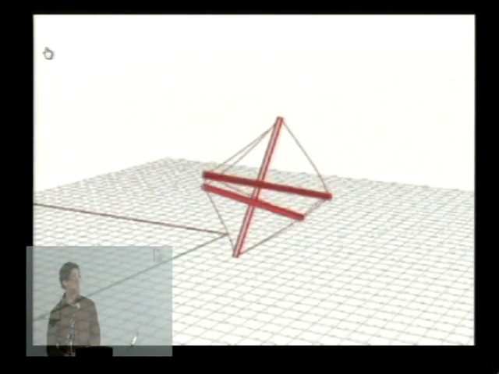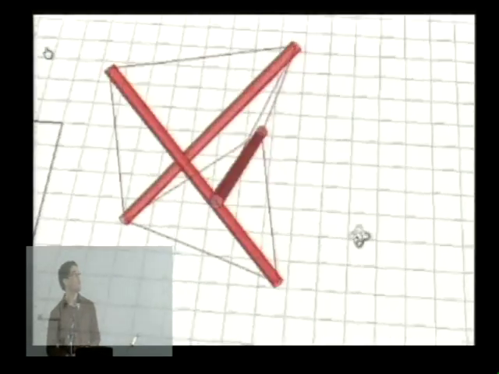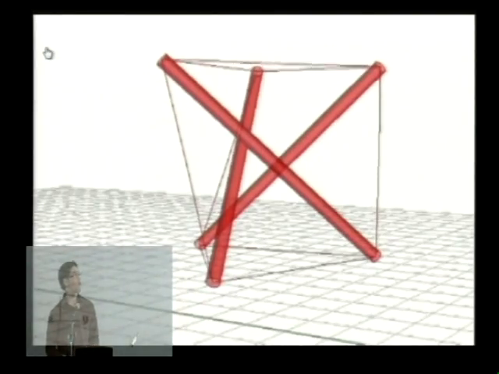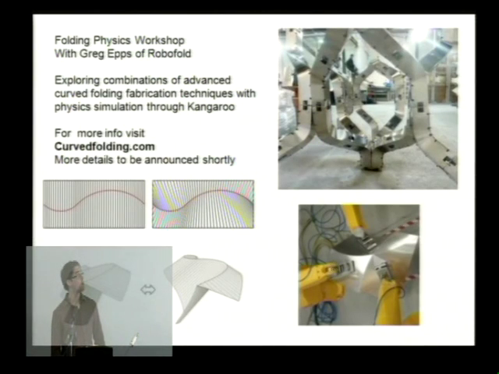I've also been interested for a long time in deployable structures and transforming structures, things where the physics plays a very important part, not just in seeing what the stresses are, but actually determining the form to begin with. And really I'm looking forward to seeing how people use it, and hoping that people do more of that kind of stuff.